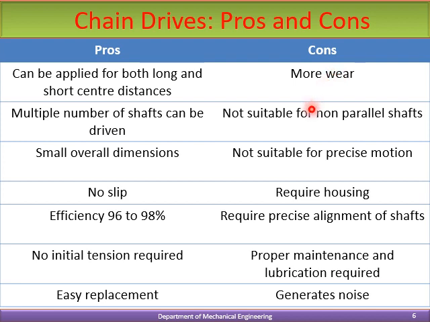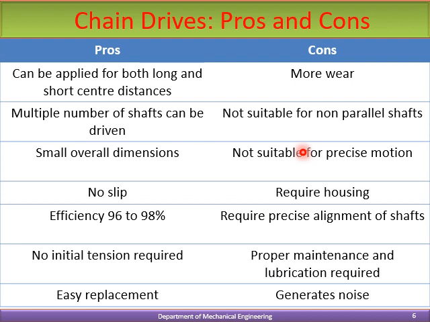It is not suitable for non-parallel shafts. Actually, bevel and worm gears and quarter turn belt drives can be used for non-parallel shafts. And here some effect is there. It's called polygonal effect. We will discuss it in the coming slides. Chain drive is unsuitable where precise motion is required due to the polygonal effect. The velocity of the chain is not constant, resulting in non-uniform speed of the